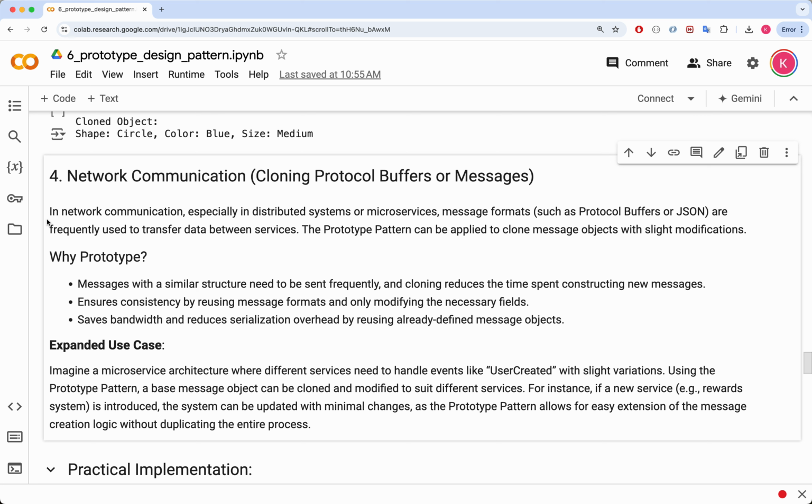This ensures flexibility when sending messages with similar structures but different content, improving the speed and consistency of communication between services. Why prototype? Messages with a similar structure are often sent repeatedly, and cloning them saves time by avoiding the need to construct each message from scratch. The prototype pattern ensures consistency by using established message formats, only requiring small modifications to specific fields. This approach also conserves bandwidth and reduces serialization overhead as message objects are used efficiently instead of redefining them every